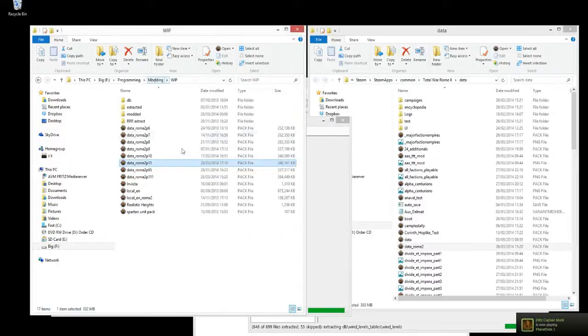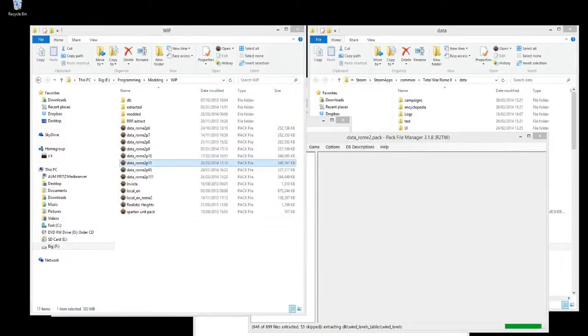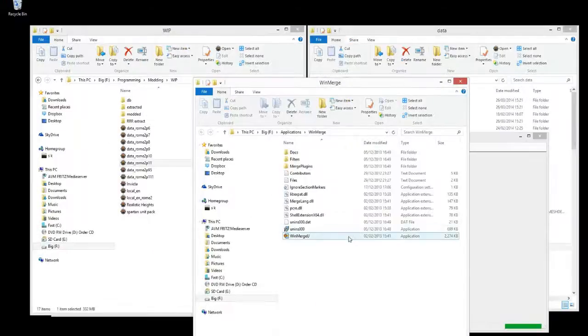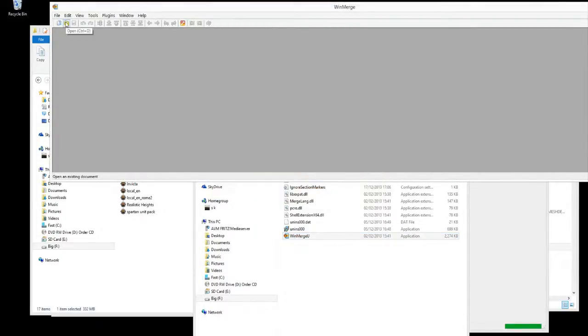Okay, so now we've extracted both of them, the old and the new, we can go to WinMerge and we can compare. Open it up, we can compare those two folders. And because we've extracted them to TSV, we can actually see what the changes are to each table. So we're going to go File, Open,